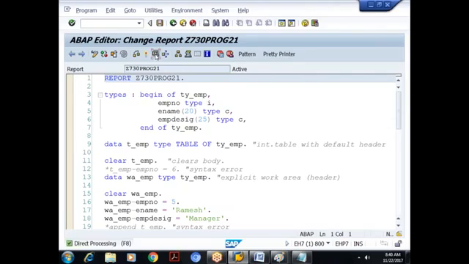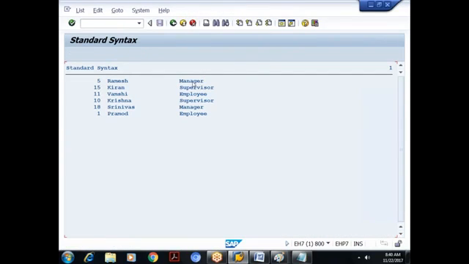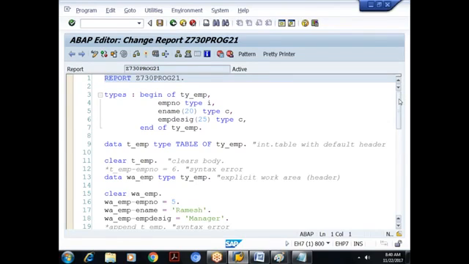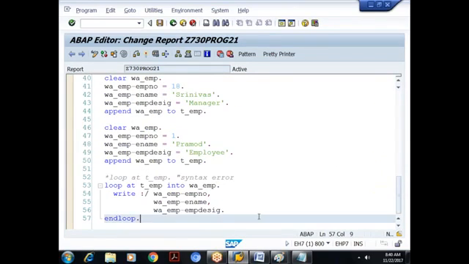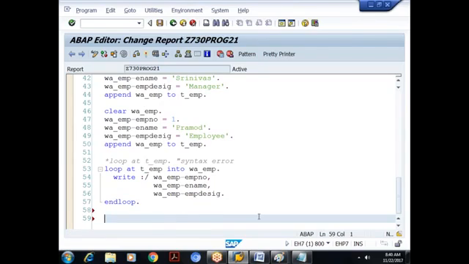Now the requirement is, wherever the designation is manager, that designation should be changed to senior manager. Understood? There might be 1 lakh records. Wherever the designation is manager, that designation should be modified to senior manager. Okay, so see what I'll do. I'll say loop at T_EMP into W_EMP.